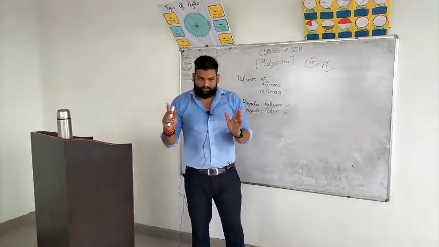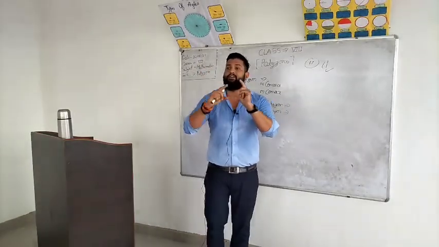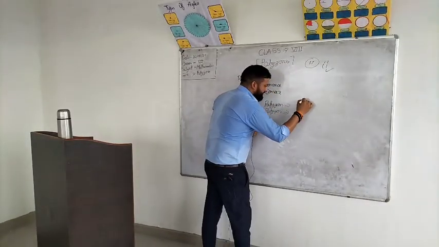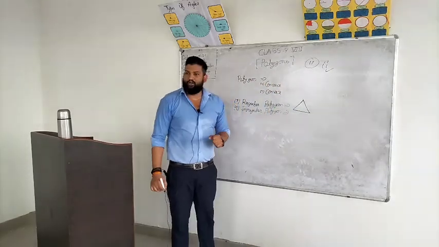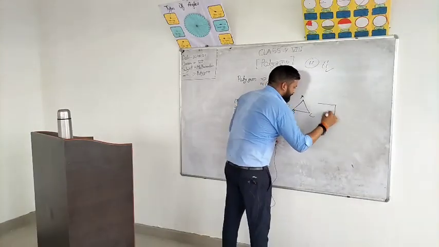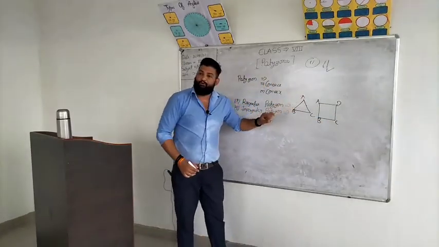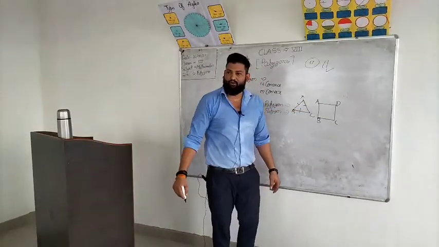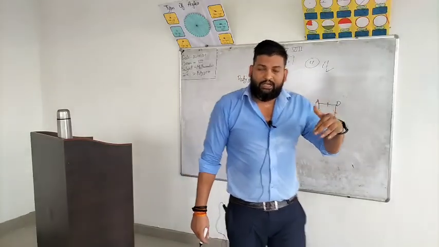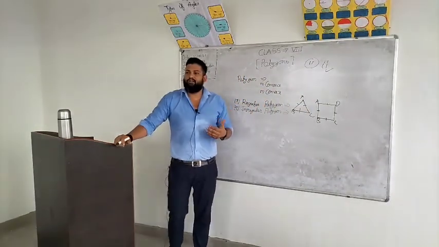A regular polygon is made by line segments, and in a regular polygon you will always find that the lengths of all line segments are equal. For example, the first and smallest regular polygon is the equilateral triangle. After that you can give the example of a square ABCD. The property of an equilateral triangle is that all sides are equal. The property of a square is also that all sides are equal. So the polygon in which the lengths of all line segments are equal is called a regular polygon. So what is the irregular polygon?